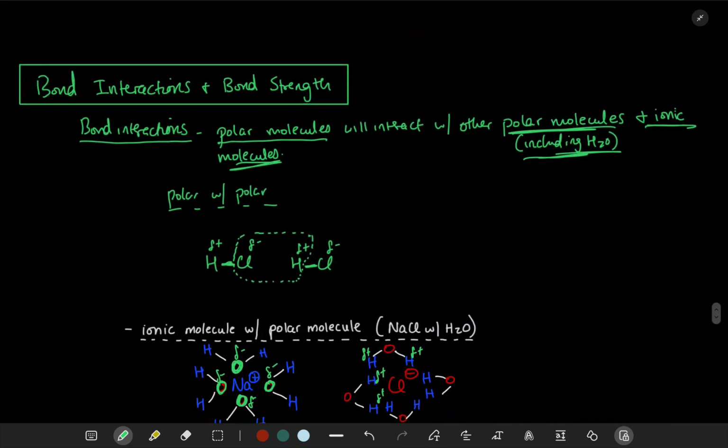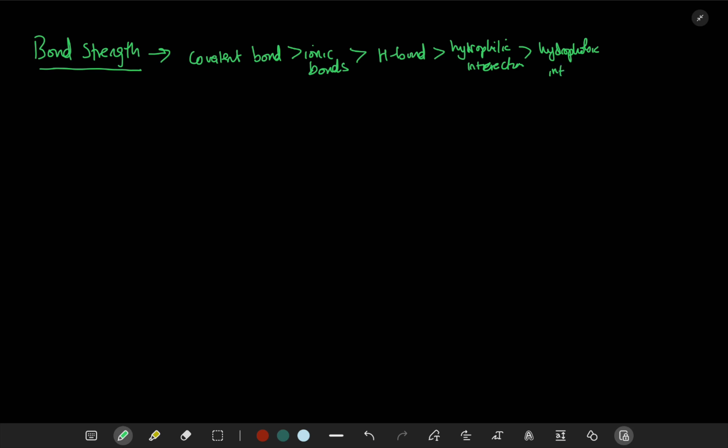So we talked about bond interactions. Now let's talk about bond strength. So the order of bond strength is covalent bond, followed by ionic bonds, followed by the hydrogen bond, followed by hydrophilic interactions, followed by hydrophobic interactions, followed by van der Waals